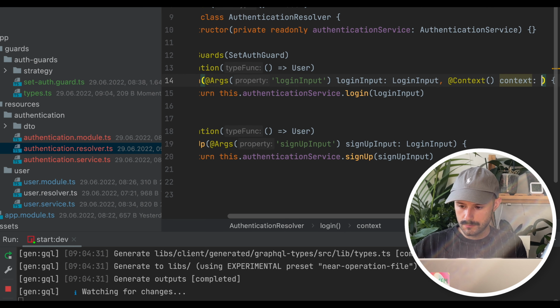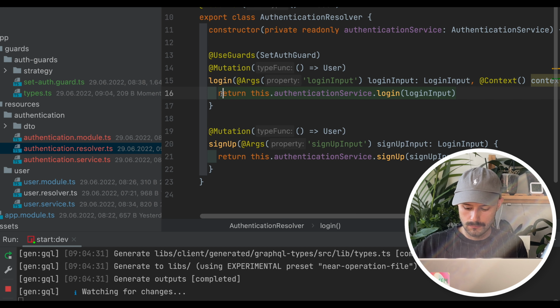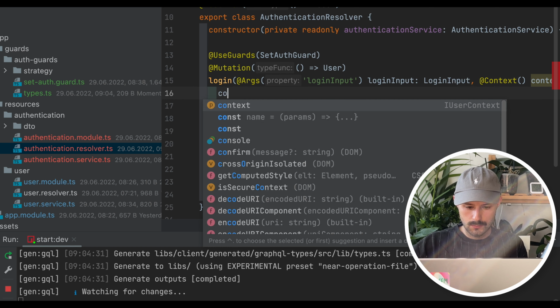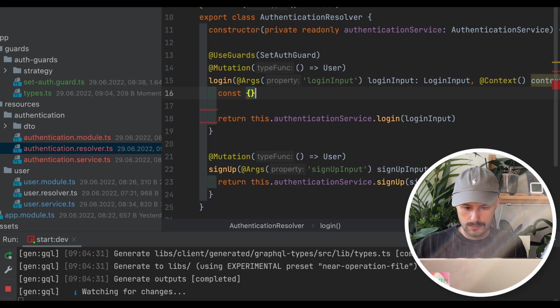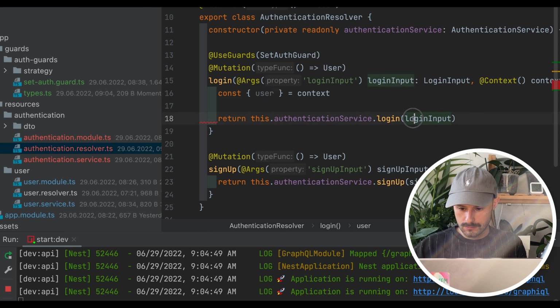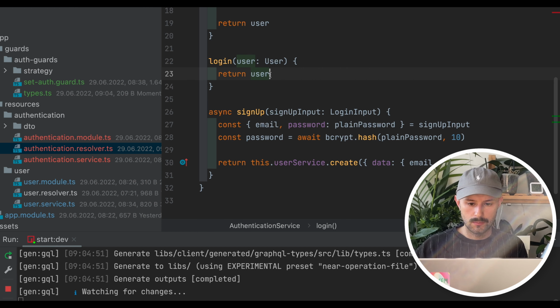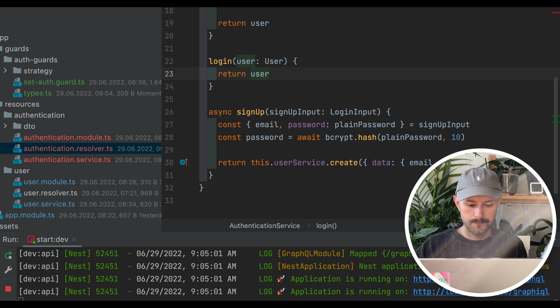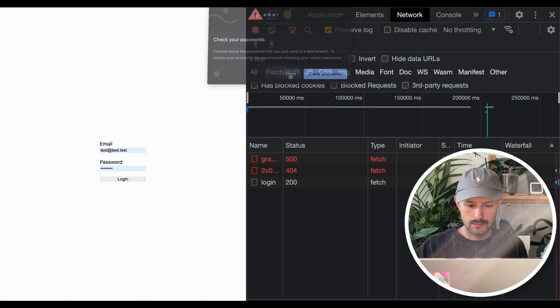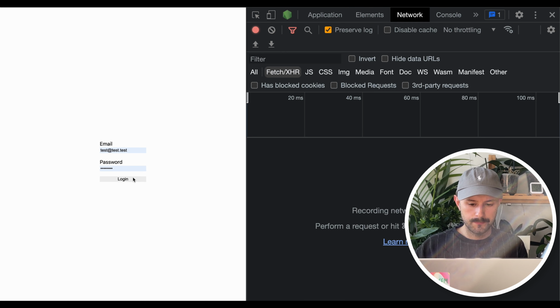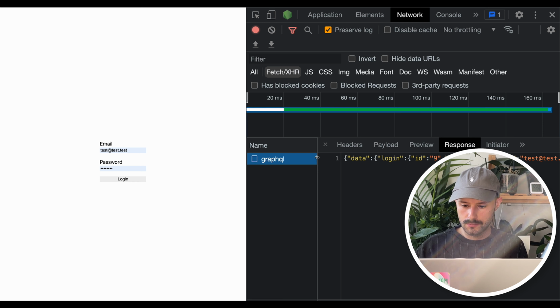Let's assign the type to it. So here what we're going to do, we take context user. Let's pass user in here. And let's return user. Later on we might add more business logic to this service file, but for now we're fine returning just user. And let's try it one more time. Yay, we got our user